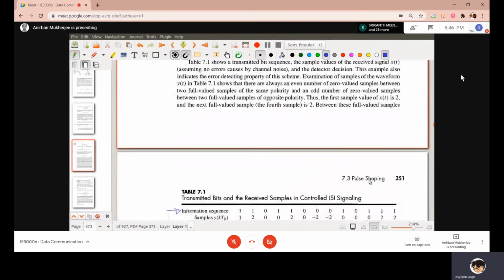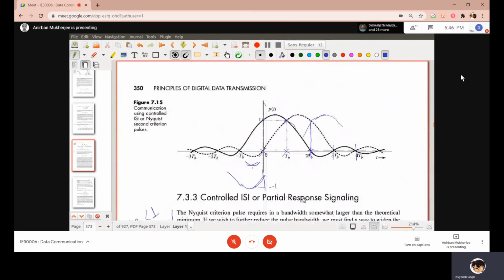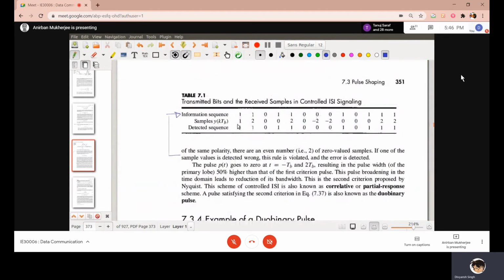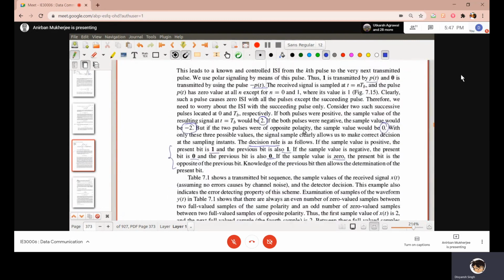Again, this detected sequence means at the receiver there is no noise in the channel, and I am assuming I am just detecting at the receiver, and detecting means I am sampling at 0, TB, 2TB, 3TB like this. But I am sending all pulses one by one, continuous time pulses. So from there I am trying to understand that finally, please remember,